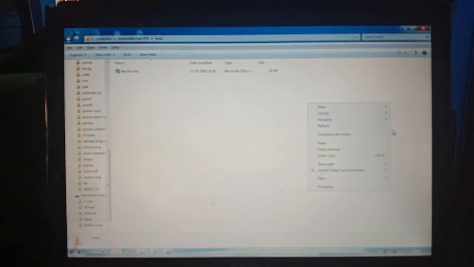Paste means to shift. So like this we can go through renaming a file. We can first rename this file here only. Right click over there, select the rename option and type Word file. Simply we have to give the new name here. Earlier this file name was my first Word file, now this file name came.